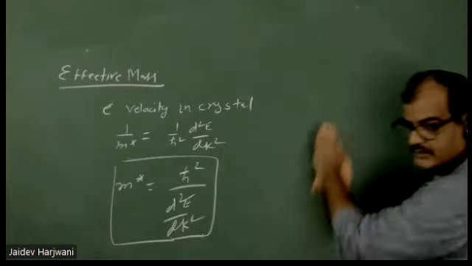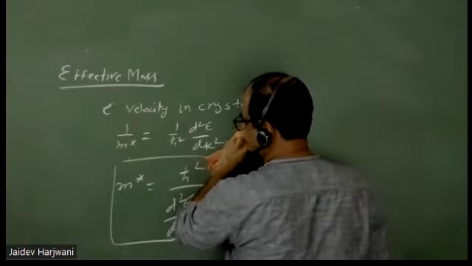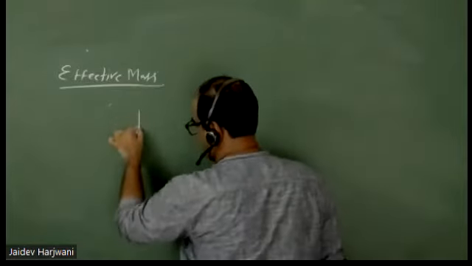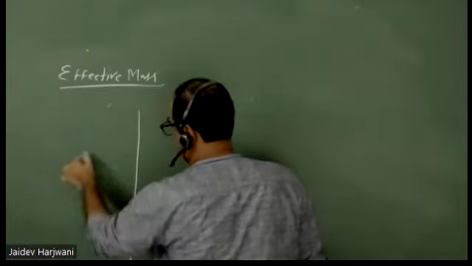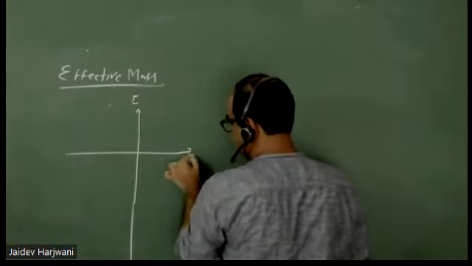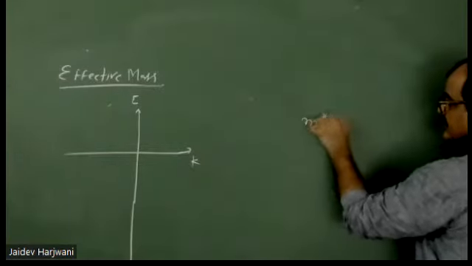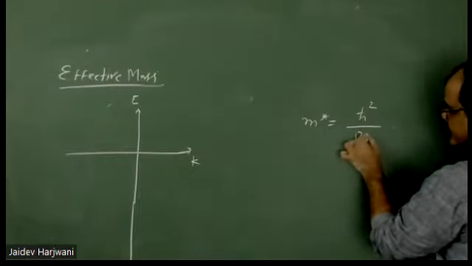Okay, I'll rub this also. So now suppose I have this as my energy versus K curve. One more thing I forgot to tell, this m star is equal to h cut square d2e